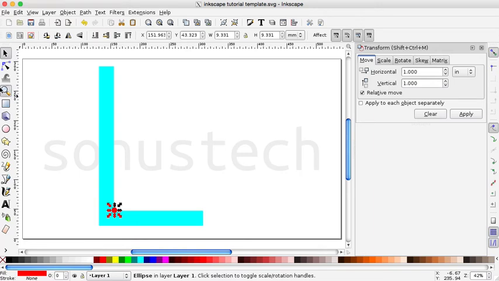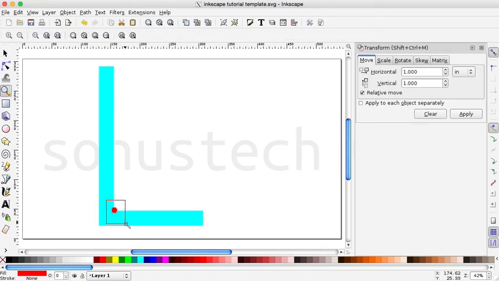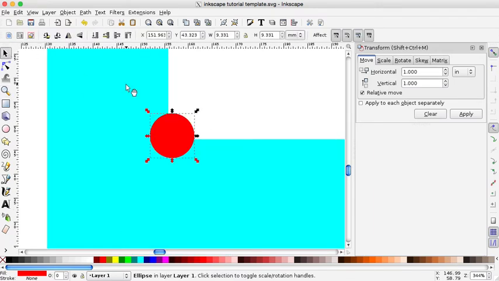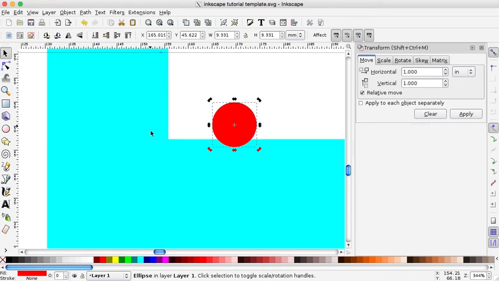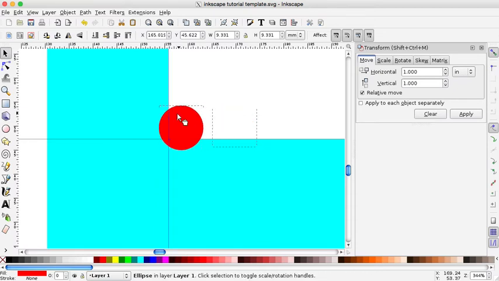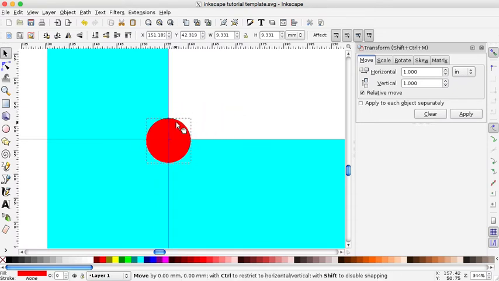For those that want to align it properly, we can zoom in and bring the alignment point. If I create a couple of guidelines here and bring my alignment point where it needs to be,